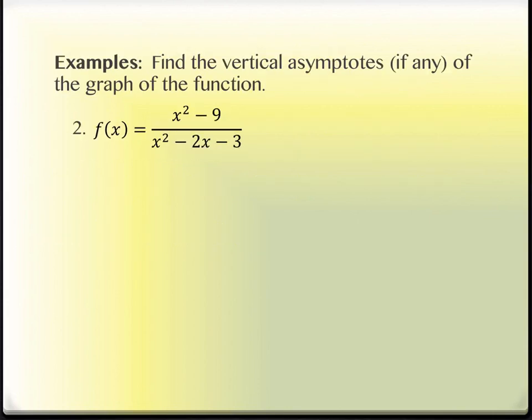So on this function, we are going to start by factoring. We need to factor the numerator and the denominator, because I've got to figure out where the denominator is 0 and the numerator is not. So how will the numerator factor? x minus 3 and x plus 3. Right, so this is a difference of squares. Do you guys remember that? It's a difference of squares formula. And the denominator also will factor, but it's not a difference of squares, because it's a trinomial. So how will the denominator factor?